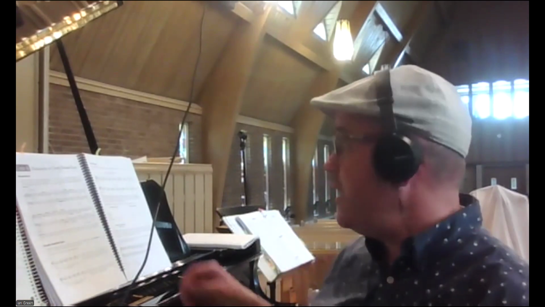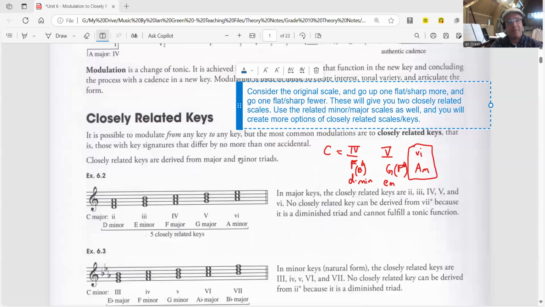And today what I'm going to be doing is discussing part 2 of Unit 6 of the Level 10 Harmony course that is taught through the Royal Conservatory. Specifically, we're going to be discussing pivot chords and how they can be used when modulating to closely related keys. Let's go over to my shared screen and we can discuss what we looked at last time, which is